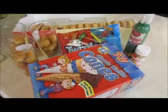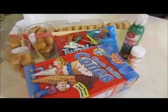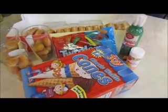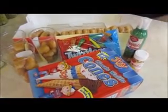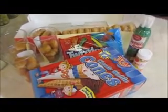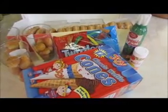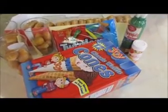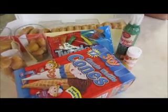Okay, and for the dessert, you are going to need some pre-made donuts, or you can make your own. I just got a baker's dozen, which if you don't know what that is, it's just 13 donuts, which is my kind of dozen because I always like to sneak one. Anyways, you're going to need some donut holes. You're going to need some Twizzlers. I just got a multi-pack just because the kids like to eat them, but I'm going to use the yellow out of this pack. You are going to need some pointy ice cream cones and some green frosting with some little